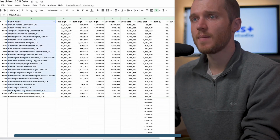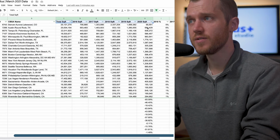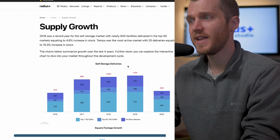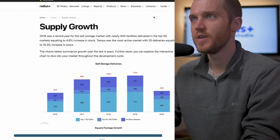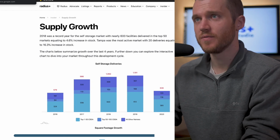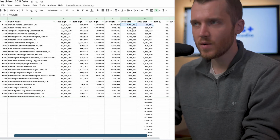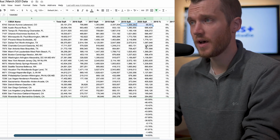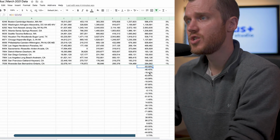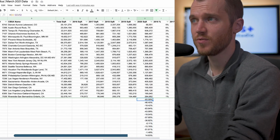So we have the top 25 CBSAs from the past 4 years. Looking at 19 to 20, I think, is fascinating for a number of reasons. The world was different, but let's dive into market by market case. All I did was take the supply growth square feet and apply a change formula to look at which markets changed the most. And off the bat here, we see a negative 93%